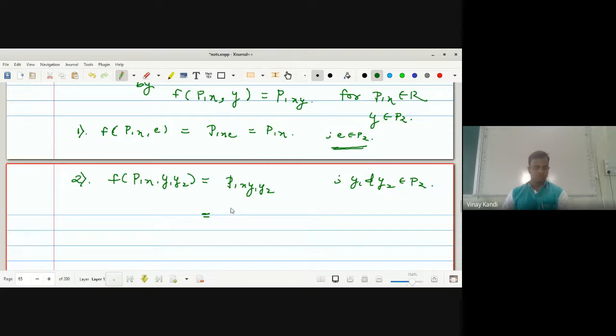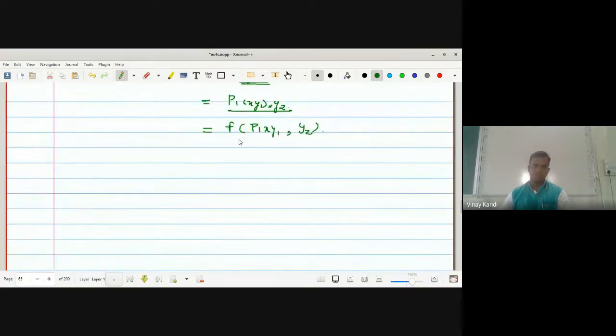These are the elements of G. G is a group, that means associativity holds for x, y1, y2. Now this is the definition of f of p1 x, y1, y2. Now this is the definition of f of p1 x, y1, y2. So hence from 1 and 2,